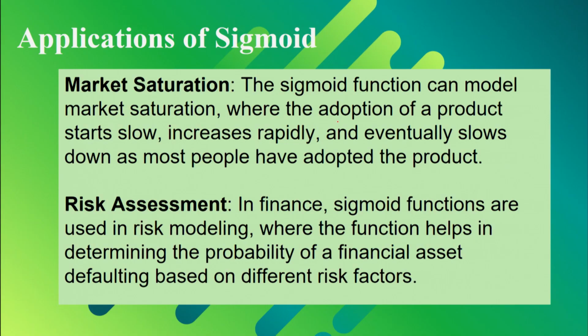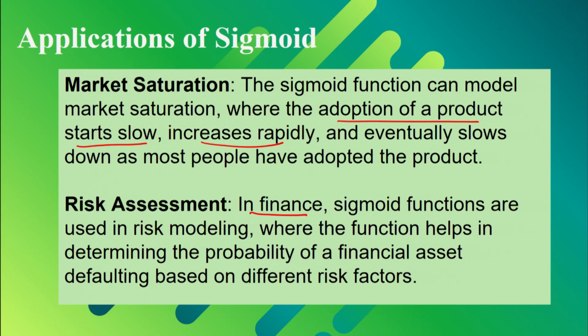Moving on to market saturation, here you can model the adoption of a product, whether it starts slow, increases rapidly, or eventually slows down for most of the people who have adopted the product. These types of effects can be well understood if you apply a sigmoid activation function in your application. Now, moving on to risk assessment, in finance applications,